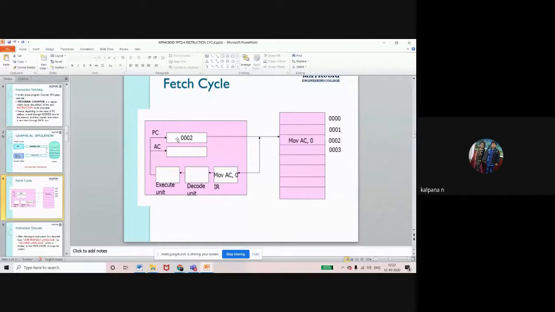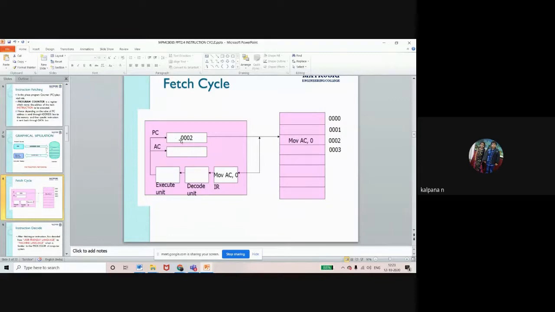What is the first step in the fetch cycle? Whatever instruction we give to the processor is first stored in a memory location, and the address of that memory location, here 0002, is stored in the PC, the program counter.